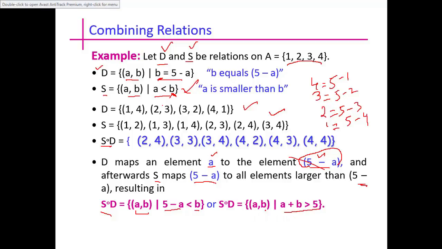So we are checking those elements in which the sum of these two elements will be greater than 5. So these will be not (1, 2), not (1, 3), and not (1, 4). It will be (2, 4), and then we have (3, 3),